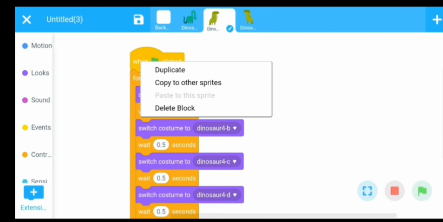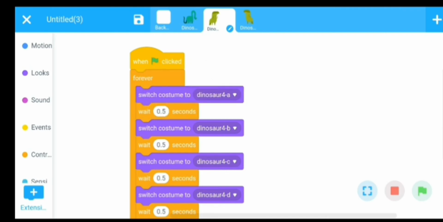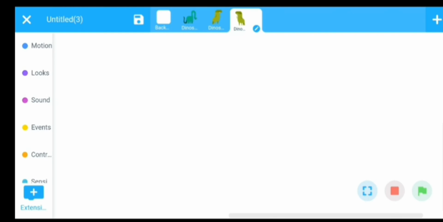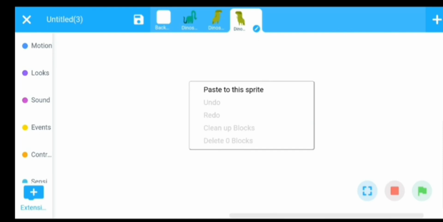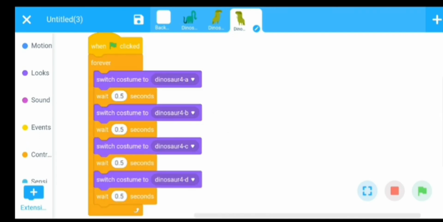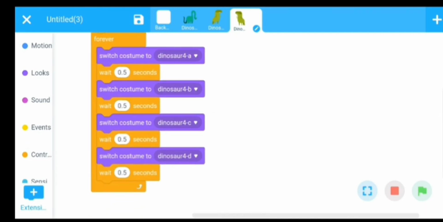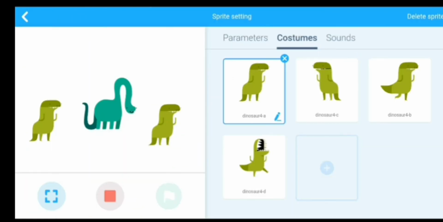Then choose copy to other sprite and go to the second, third sprite and touch the screen for a few seconds. Then this window should open automatically. Then paste the program here. Okay, then run this. Fine.